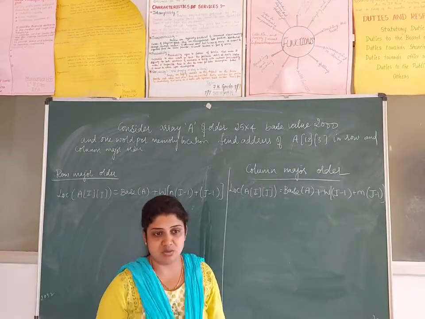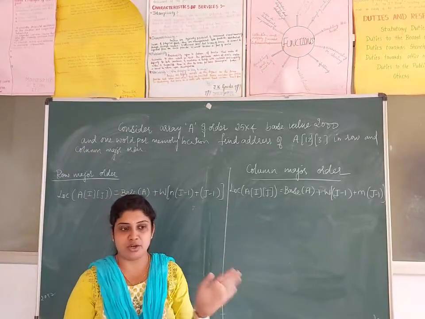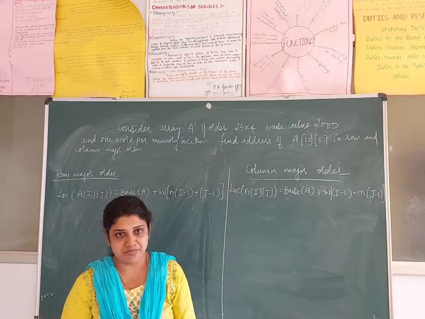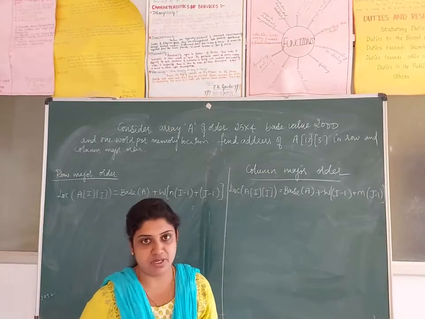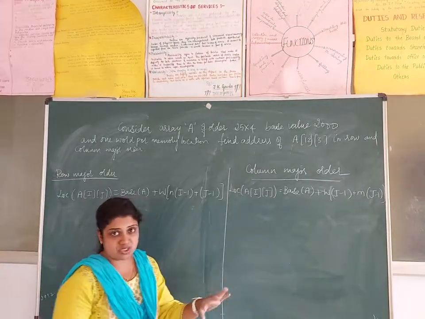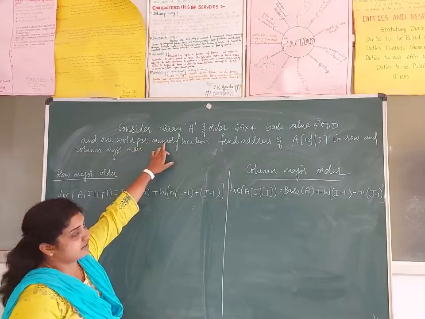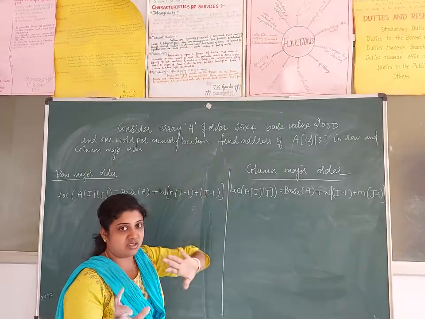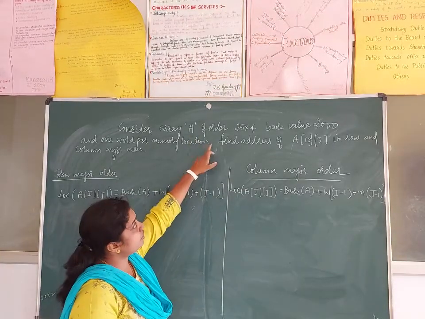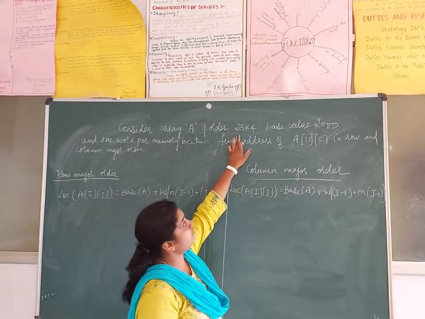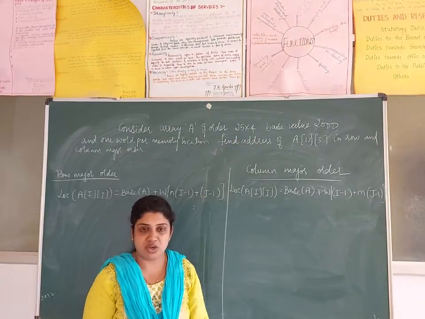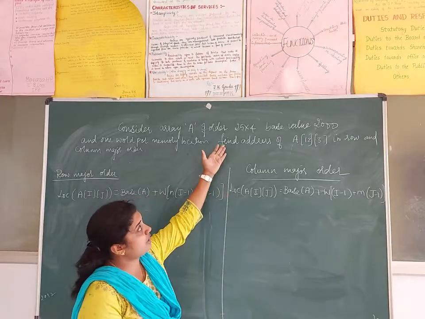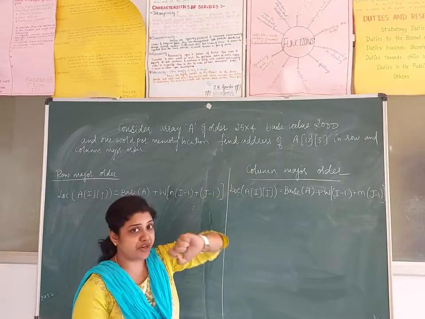Yes, we have discussed how we are going to consider a row address and what column address. And now we'll move on to one simple problem. The question is: consider an array named A, and the order of that matrix is 25 cross 4. See, 3 cross 3, 4 cross 4 we can easily find out. In 25 cross 4, you have to find what?